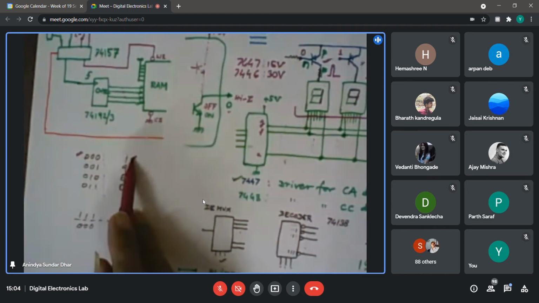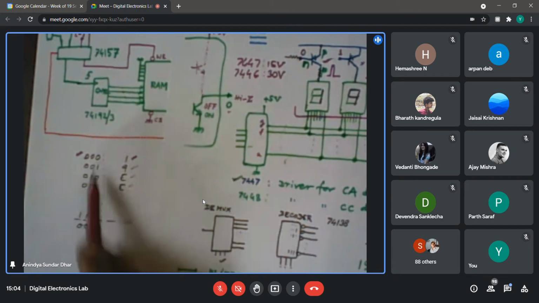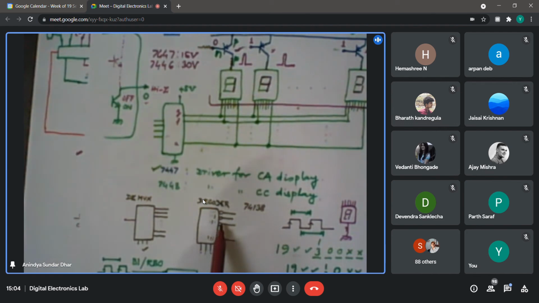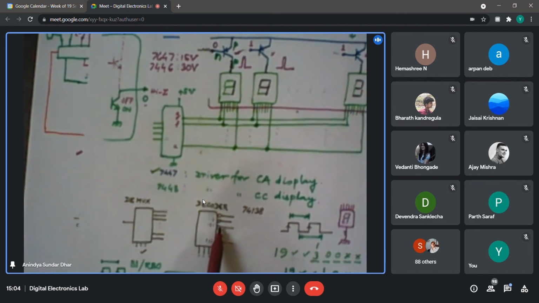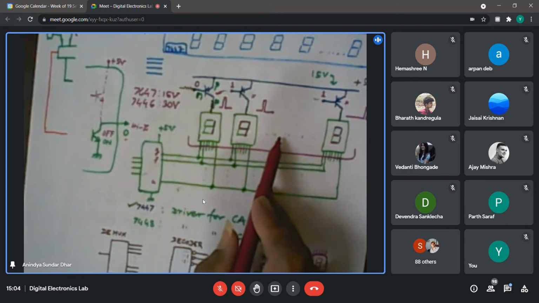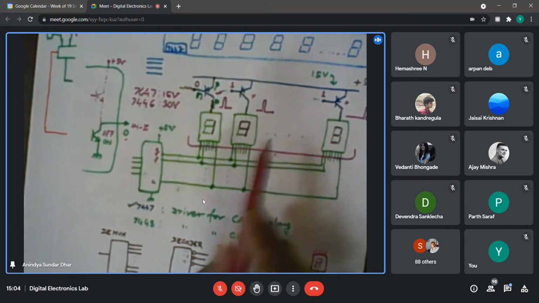If this is the first location, I want this to be displayed in the first LED. If this is from the second location, I want this to be displayed on the second LED, and so on. So from wherever I read, whatever its location, accordingly I am sending the decoder the same information, so that the decoder makes the appropriate output line low, which I am using to power up the specific 7-segment display. So is the scheme clear?